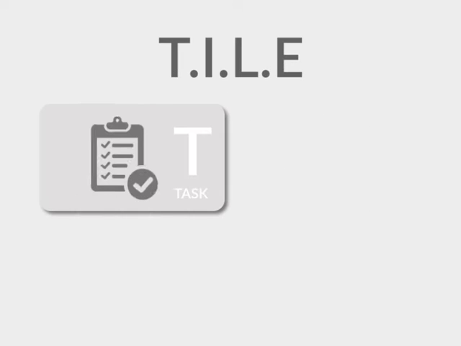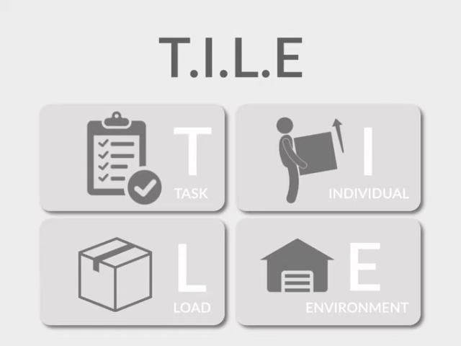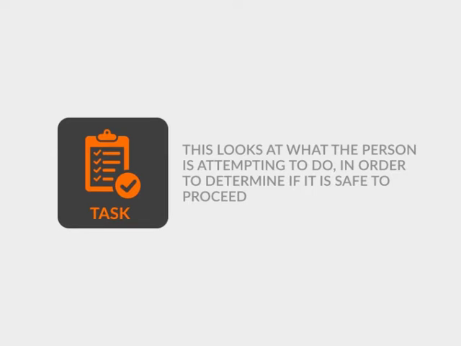We use the T.I.L.E. (Task, Individual, Load and Environment) format for manual handling risk assessment. This method helps us identify possible risk factors by grouping them into the below characteristics. Task. This looks at what the person is attempting to do in order to determine if it is safe to